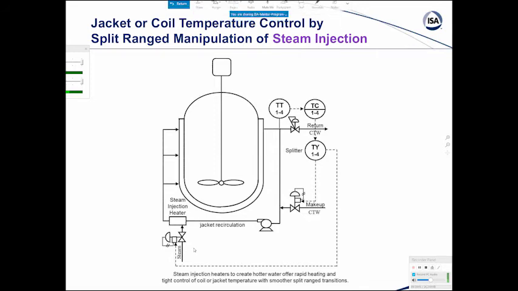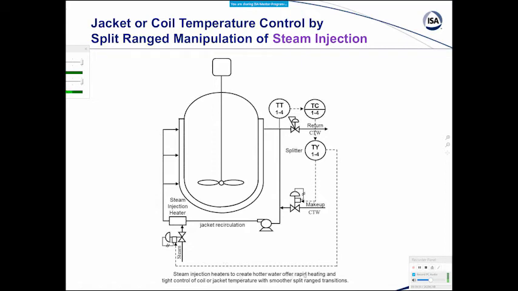Here we show the advantage of, if you're going to have heating and cooling, the significant advantage of having a steam injection heater. So what you're really doing is, as you're going from cooling to heating, you're creating hot water. You don't have these two phases occurring. It's very fast. You don't have the heat transfer lags associated with a heat exchanger, and you don't have a mixture of phases going on here. And so actually you could have had inlet jacket temperature control probably here and would have been fine.